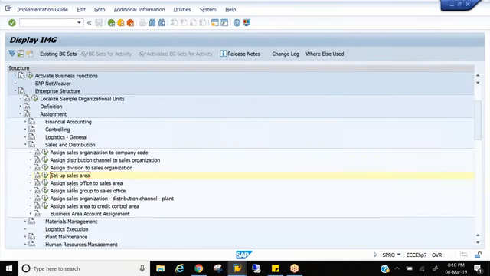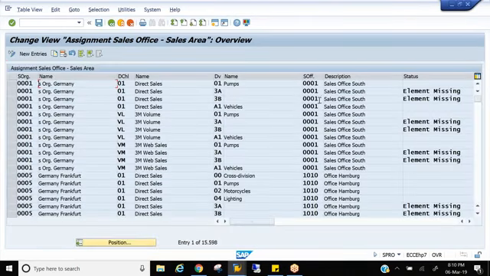Then next is you need to assign sales office to sales area, because anything in the sales module will be performing under the sales area, right? So sales office will sit under sales area. So whatever the sales office you created at the time of definition, which is 4-digit alphanumerical, you assign that particular sales office to your sales area, that is sales org, distribution channel, division.